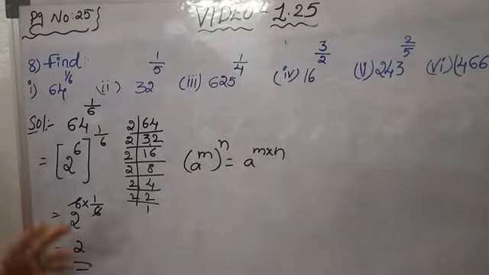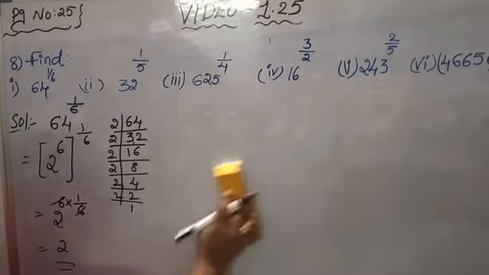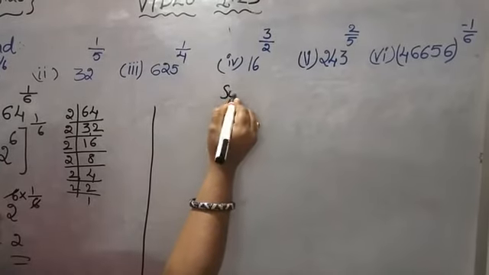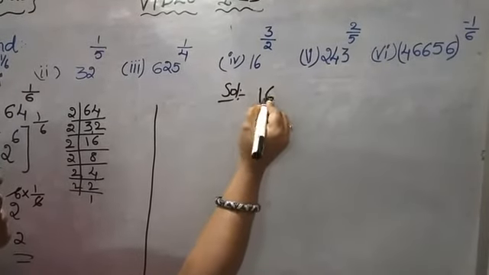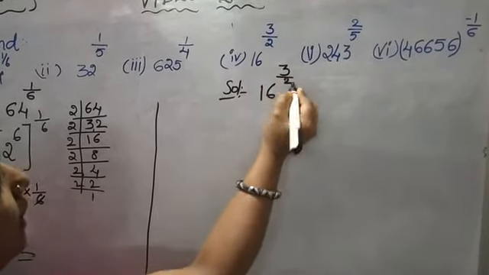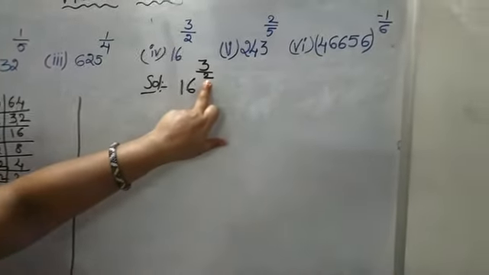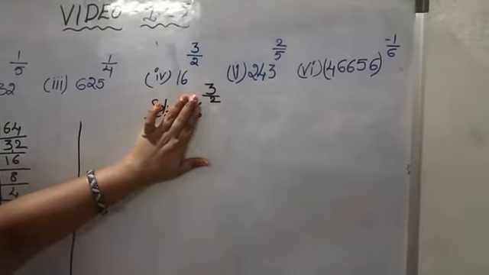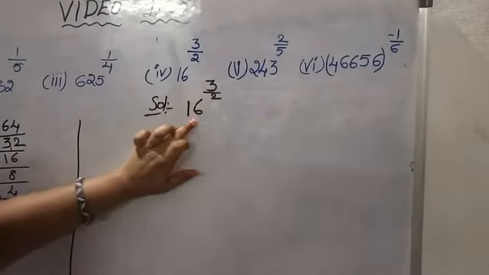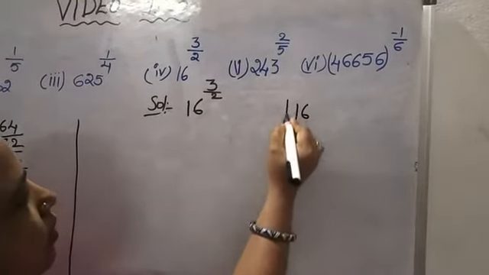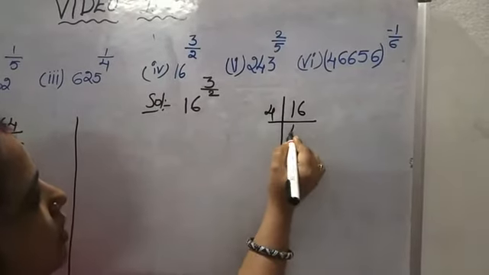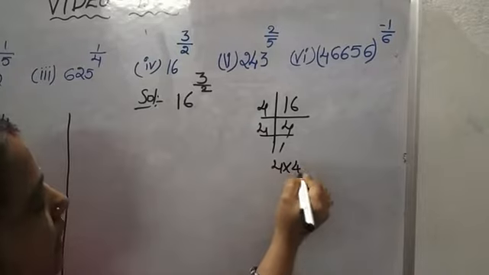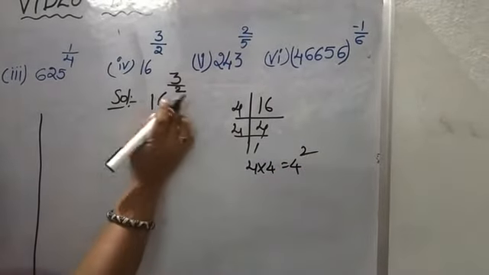Okay children, now I am going to explain one more problem. Here, the 4th one, solution. The given number is 16 to the power of 3 by 2. What is the denominator in the power? 2. Which means we can express this 16. Which number should we multiply 2 times to get 16? Already you know, 4 4s are 16. 4 1s are 4, which means 4 into 4. It is occurring how many times? 2 times. So here also 2.